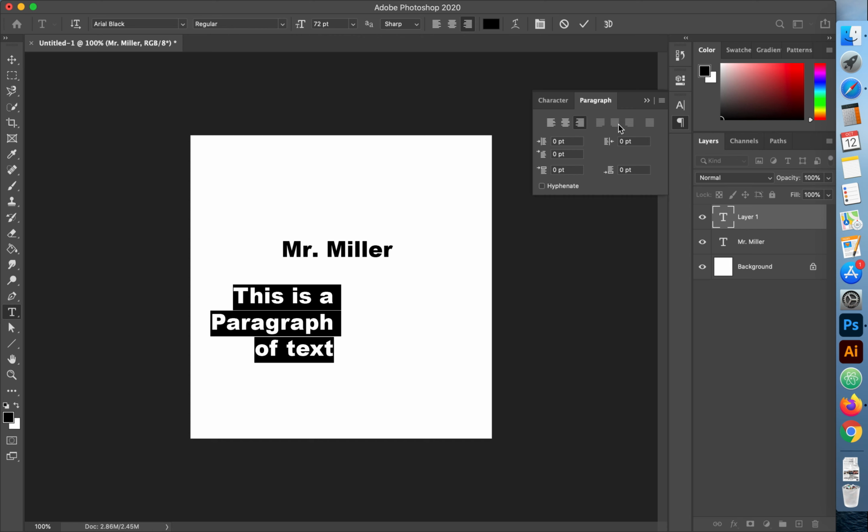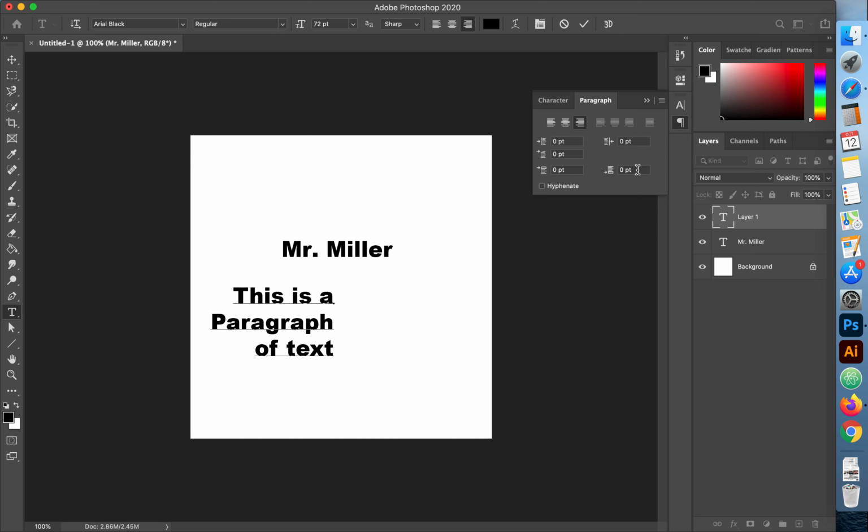Depending on the amount of text that we have, we might use some of these later on, but just understanding that this one is going to add space before a paragraph. This is going to do the indentation of that first line of text. This is going to indent the whole left margin. This does the right margin, and this, I don't remember what this one does. Add space after the paragraph, so some blank space down below, so the next time you pressed enter, if I did